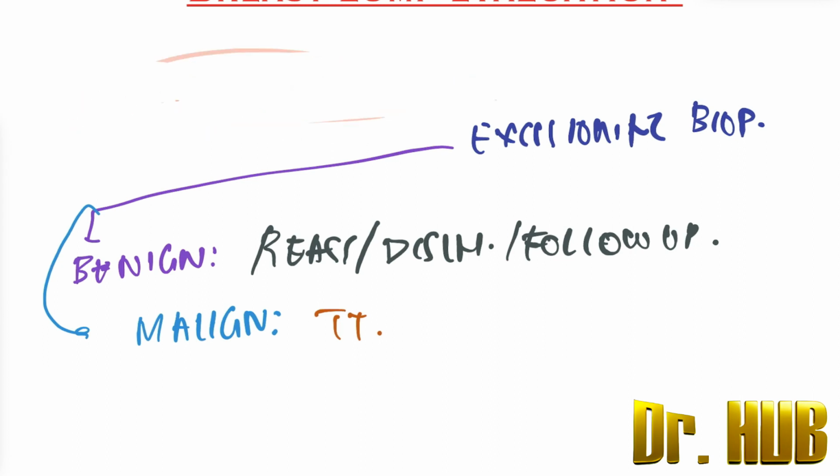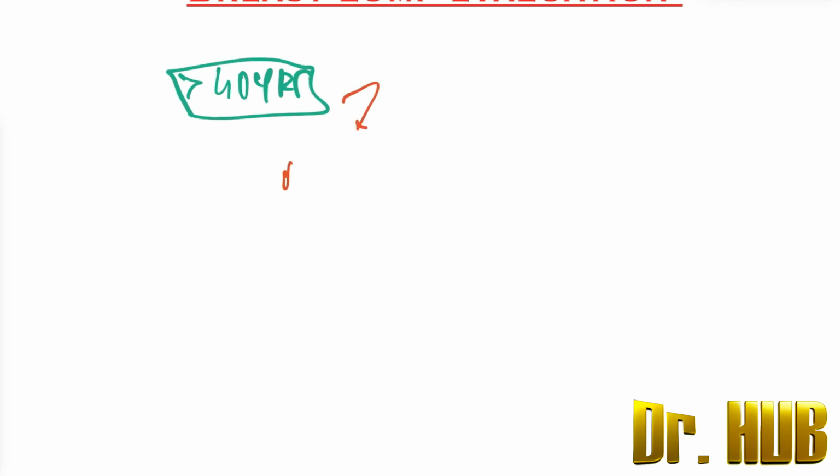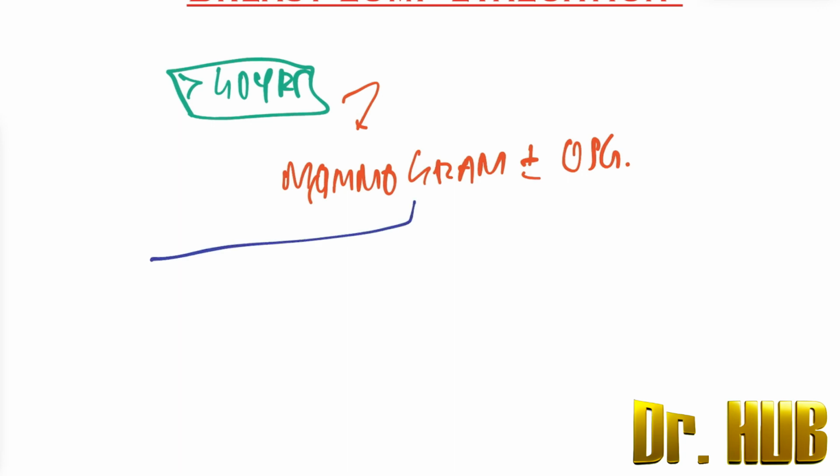Now we saw this was all about the age group less than 40 years, that is pregnant or lactating. Now let's move on to the age group greater than 40 years. In terms of the age group greater than 40 years, we perform the mammogram, along with the USG. Again, the same cycle continues. When we do the mammogram with the USG, in terms of it being abnormal,